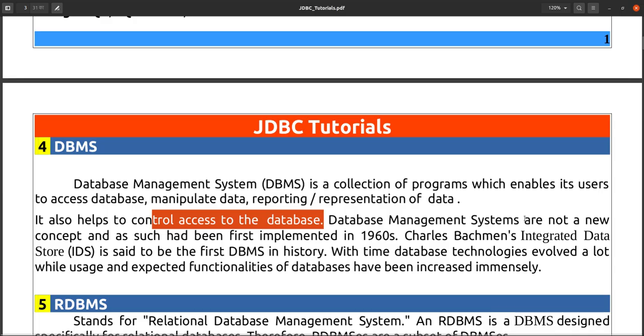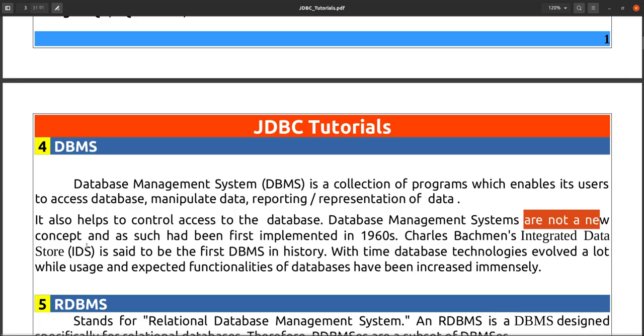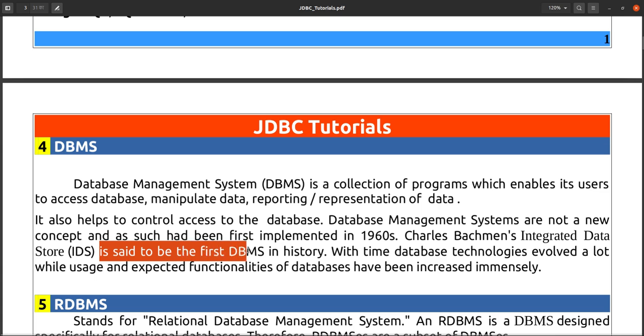Database management systems are not a new concept, because the first database was developed in the 1960s by Charles Bachman. That is called IDS, Integrated Data Store. It is said to be the first database management system in history.